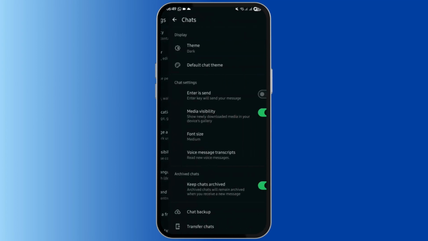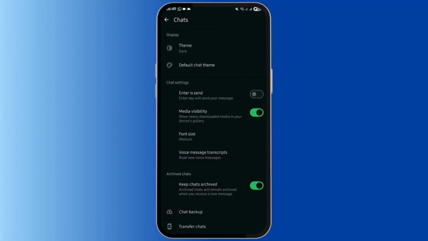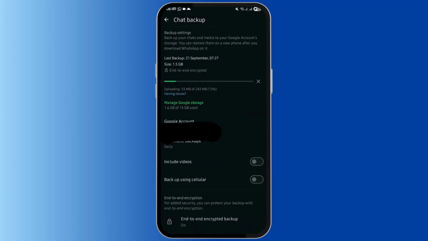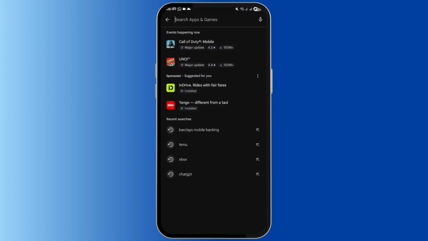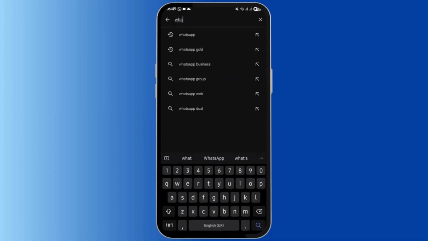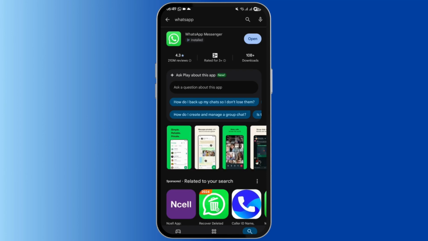In here, select chats. You will see chat backup, open it. Now, as you can see, my backup is running as we speak, and this is a Google account. And also make sure that automatic backup is set to daily. Now, once the backup has been completed, you have to uninstall your WhatsApp. And then once done, head over to your Play Store or App Store, type in WhatsApp, reinstall again from here,